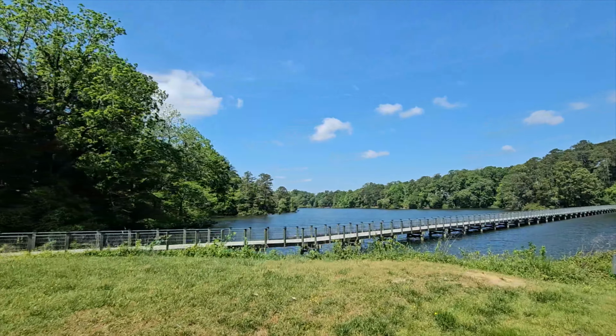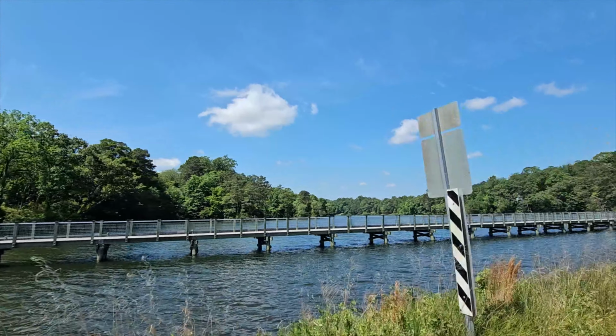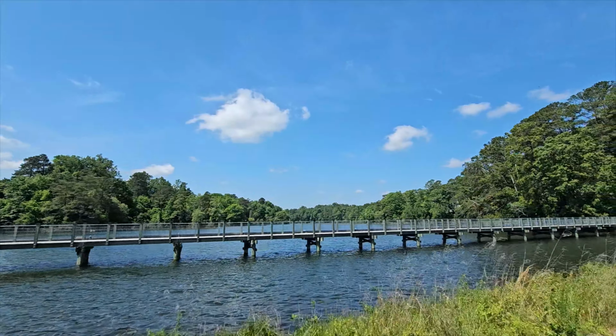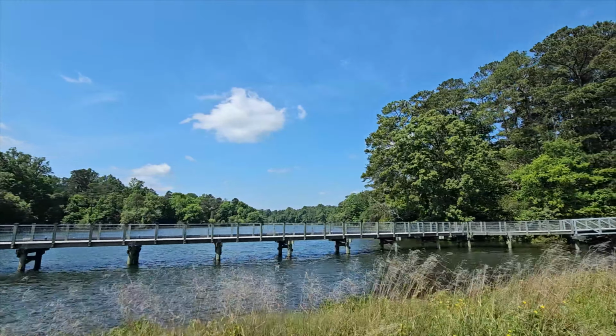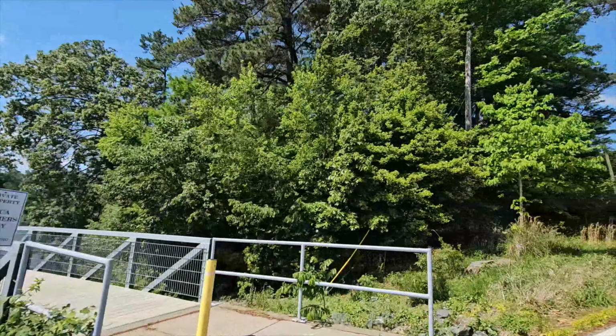Now, of course, one of the things you're seeing is just how wooded the neighborhood is. And that's one of the things that people really like, are these wooded lots. This is a great neighborhood for people who want some privacy, because not only are you going to have your traditional, like in our area, a normal lot might be about a 1/3 acre to a 1/2 acre. And there are lots of those in Queens Lake,